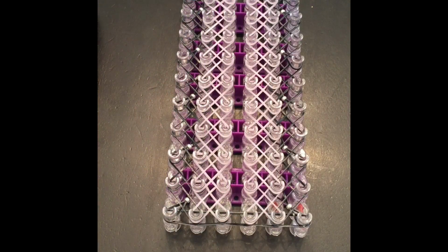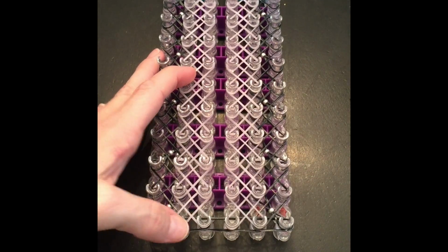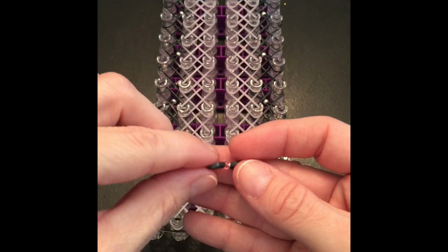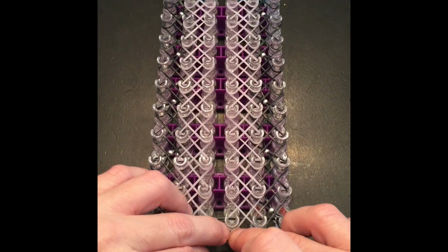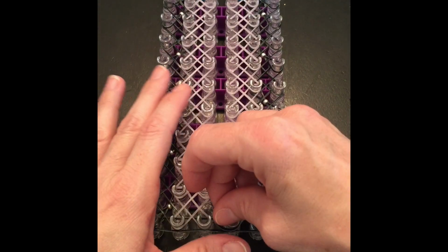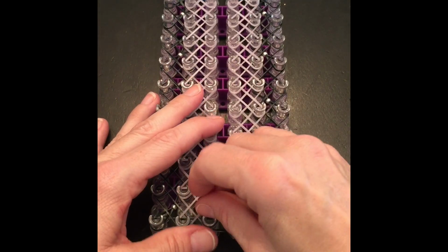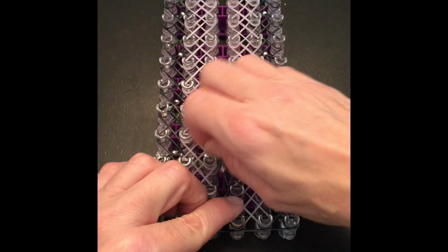So this center part is also going to be the black sweets. And I beaded a band too. I took a baby pink glass seed bead 6/0. And what we're going to do is bead every one down the center. So we're going to start off with the beaded band, and I'm going to go from the right to the left to the right, and that's what we're going to do the whole way up the loom,